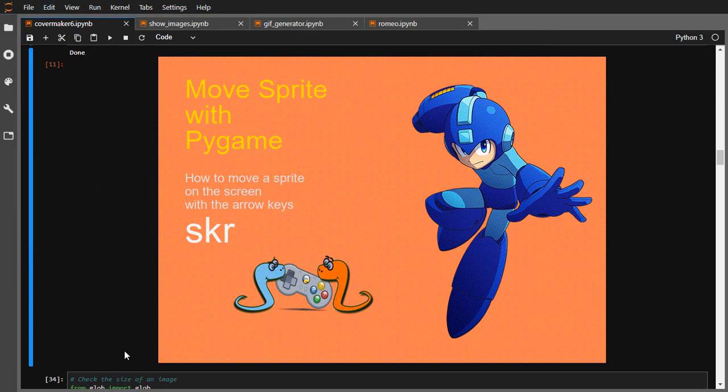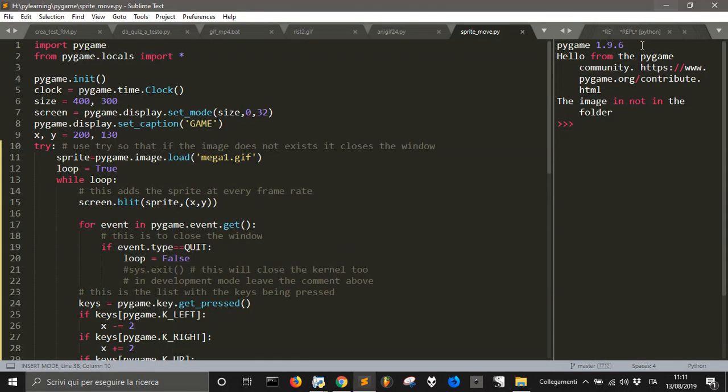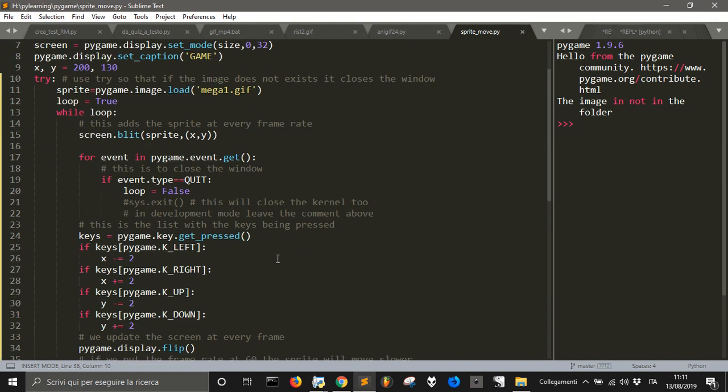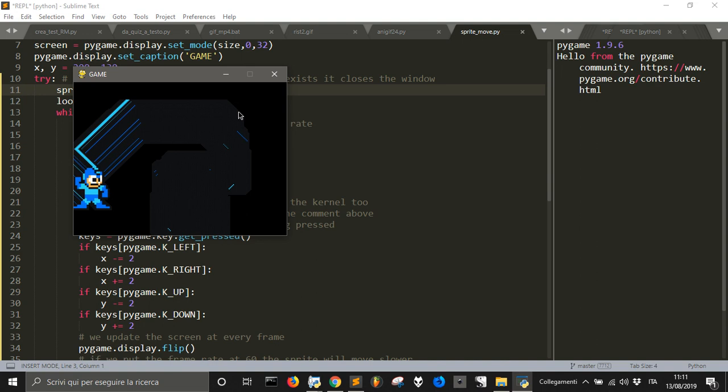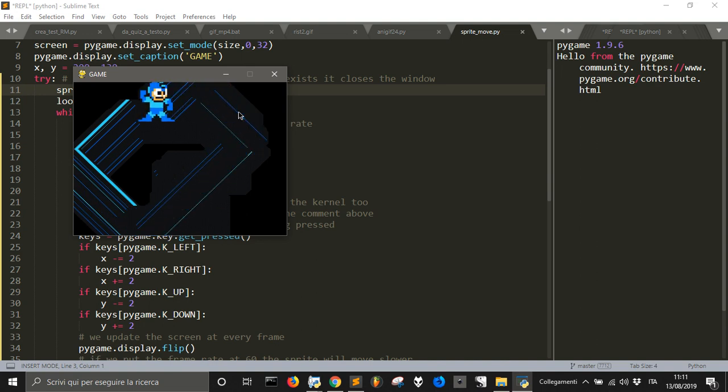Okay, let's see how to start a little game moving a sprite on the screen. Okay, let's see the final result. Here it is. We can move the sprite with the arrow keys and also pressing both two arrows at the